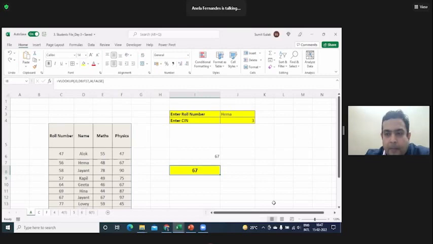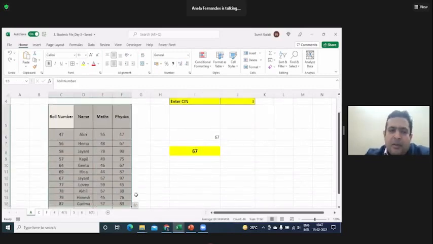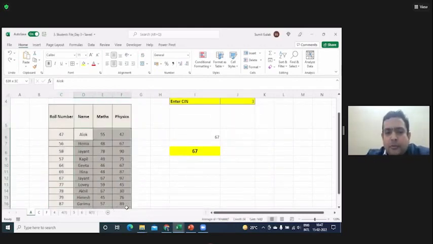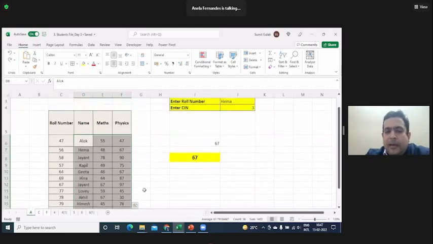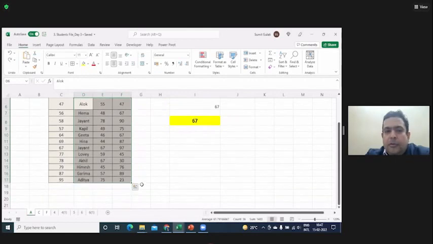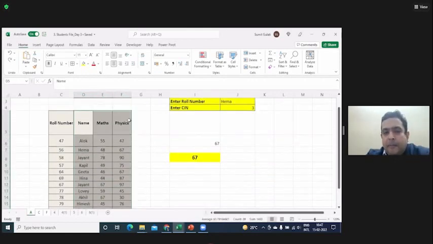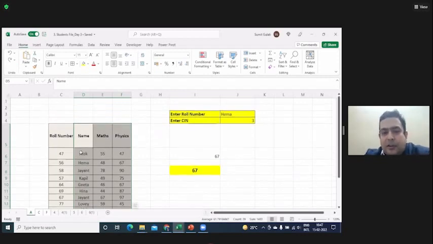Correct. When selecting the array, we have to select the roll number data also, no? You may not, but generally, I prefer not to. Okay, it doesn't matter, but then we have to be careful when counting the index number column, right? No, you don't have to be, because even if you select from here, the index will still be 3. Whether you select from here or here, this is 1, this is 2, this is 3 only. Because otherwise it does not make any sense. I would not be in a position to say, if I write name, give me physics as the output.